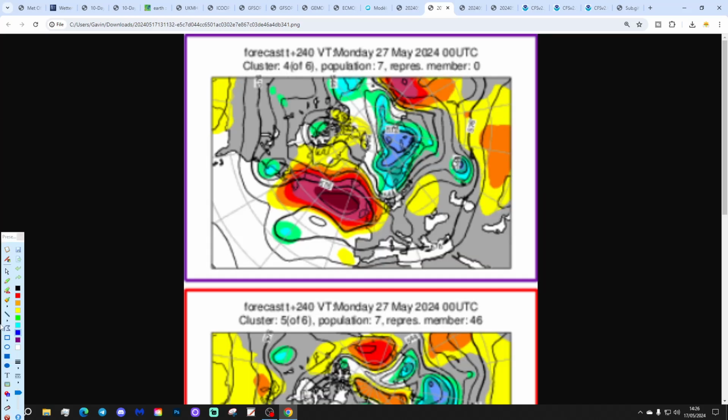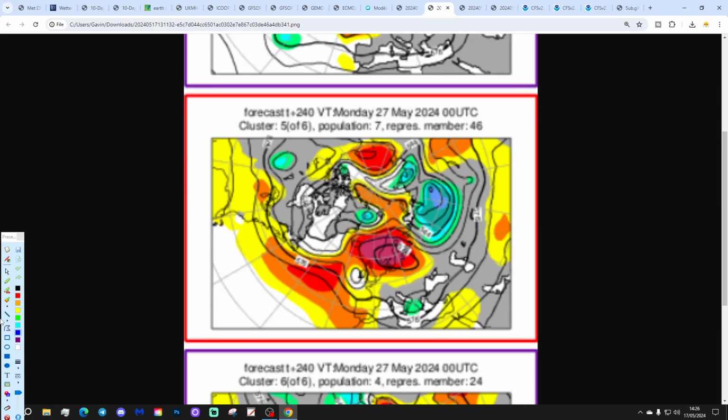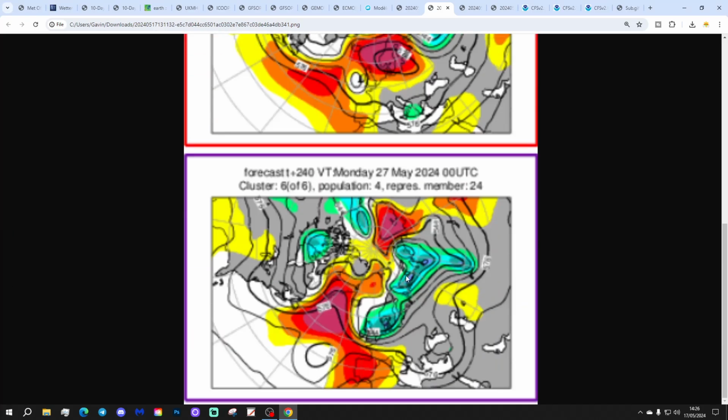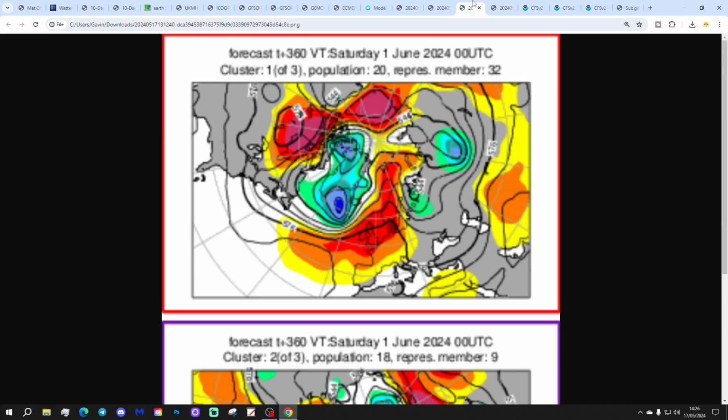of the country. We have got 7 with high pressure over and to the west, so that will bring mainly dry conditions with it. And then we've got another 7 with high pressure again over to the east of the country. And then finally, we have got 4 with low pressure across the north and the west of Europe. That would be much cooler and much more showery as well.